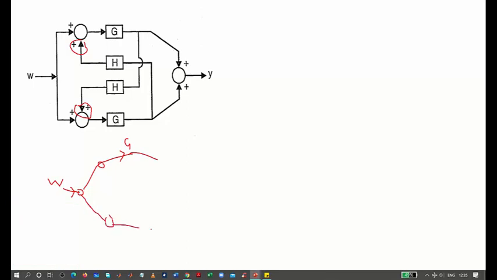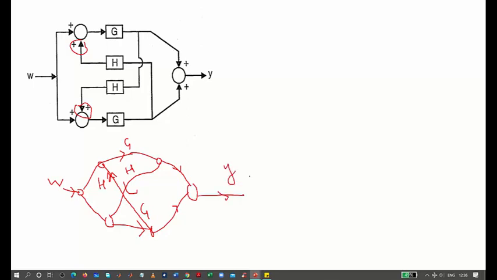So this node goes through the branch G, then again a node, and from this node you see that the signal passes through H again, and they are all plus signs. We don't see any negative sign in the summation block, so we are not going to write minus H. And from this node we have another signal to this node with H, and from this we have the output going to the node through which the output Y is taken. So this is the required SFG of the given block diagram,